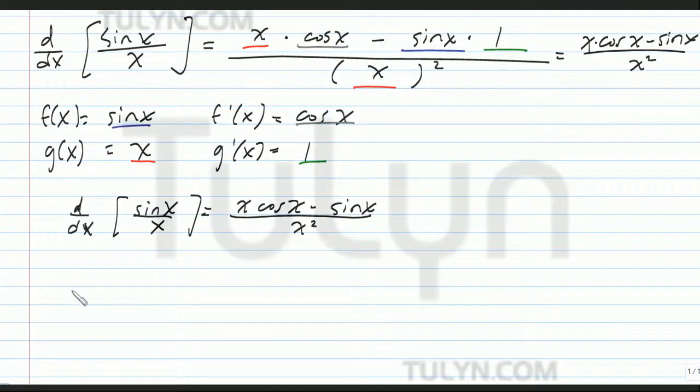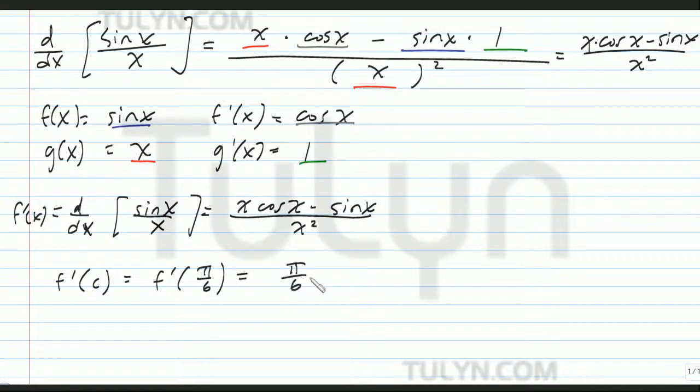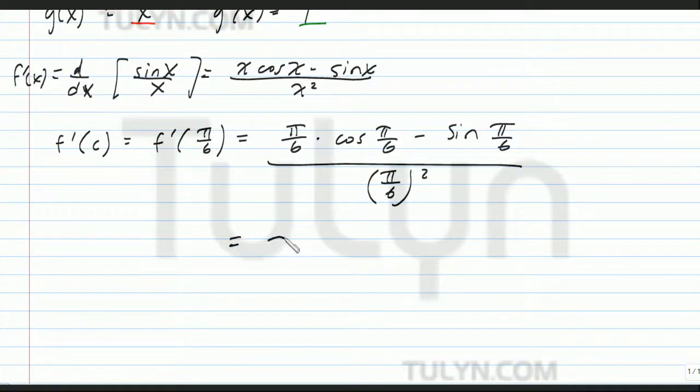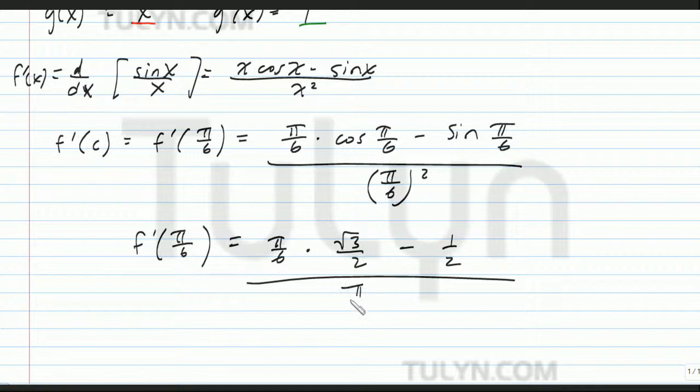Now, so this is f prime of x. And go ahead and find out f prime of c, which is f prime of pi over 6. And that's going to be pi over 6 times cosine of pi over 6 minus sine of pi over 6, divided by pi over 6 squared. So we have pi over 6 times cosine pi over 6, which is radical 3 over 2, minus sine of pi over 6, which is equal to 1/2, divided by pi